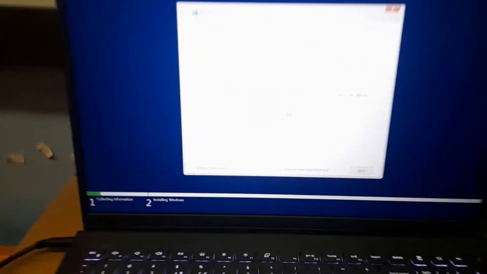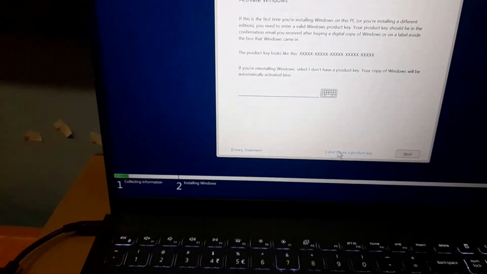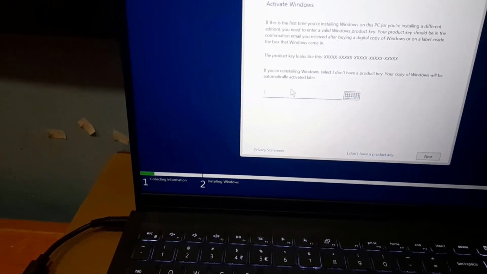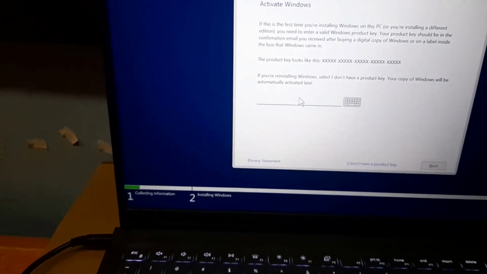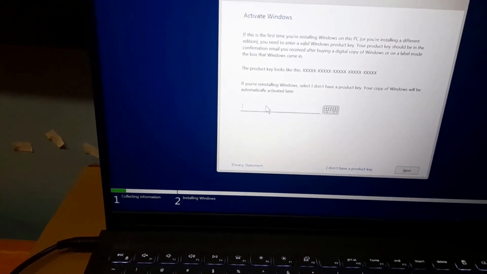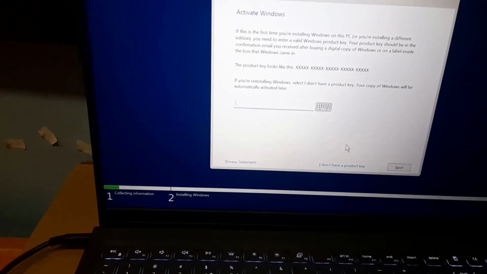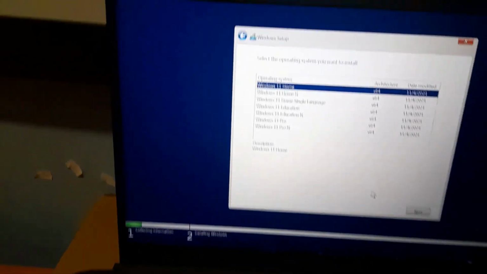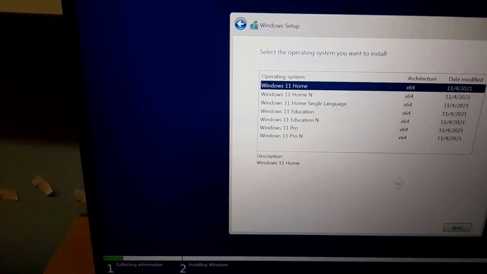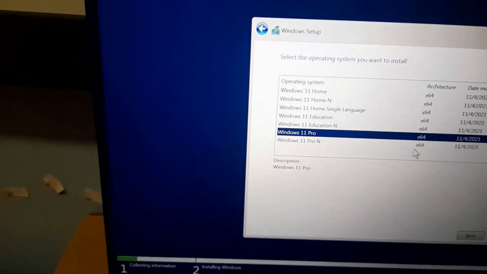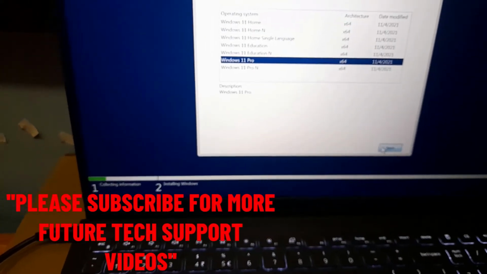Alright, so when it gets to this stage, I'll just click on I don't have a product key. Now if you have any product key that comes with your OS, all you need to do is type in the product key and click on next. But here I'm not going to be entering the product key until after the installation. So all I have to do here is click on I don't have a product key, and then this option comes out here. I will select the edition of Windows 11 that I want to install on this system. So I want to run Windows 11 Pro. So when I have that done, the next thing I'm going to do is click on next,